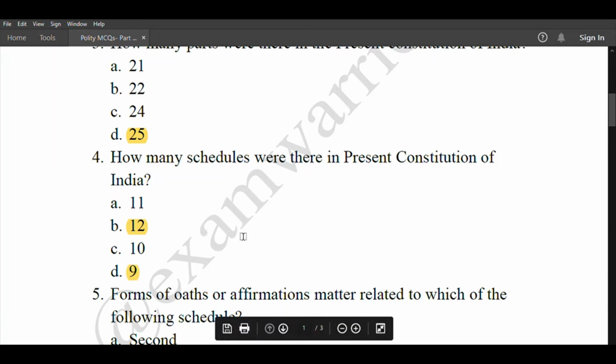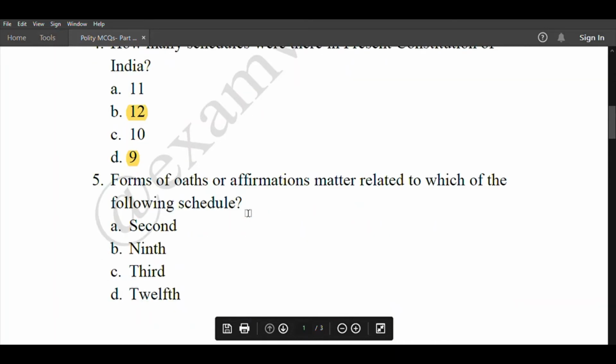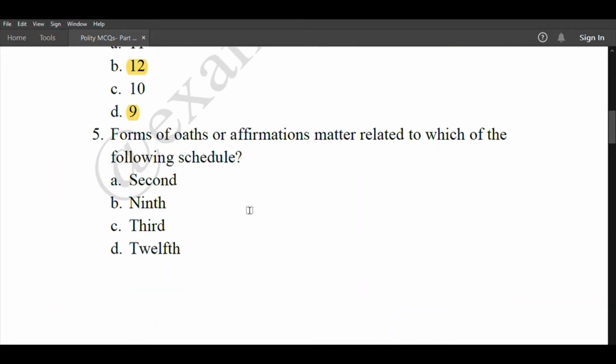Okay. And next question, under the schedules of the Constitution, forms of oath or affirmations matter is related to which of the following schedules? Here the answer is third schedule. Here we'll try to explain all the options. Let's start with the first option, that is second schedule. Here the second schedule